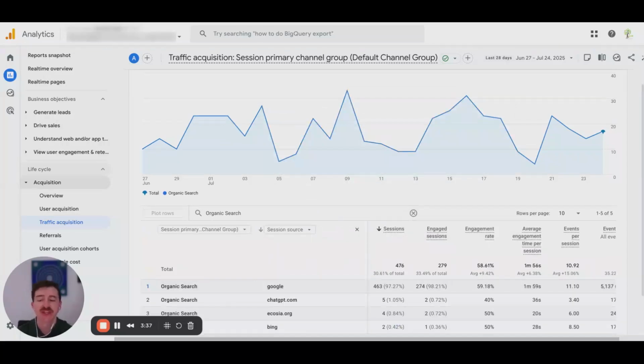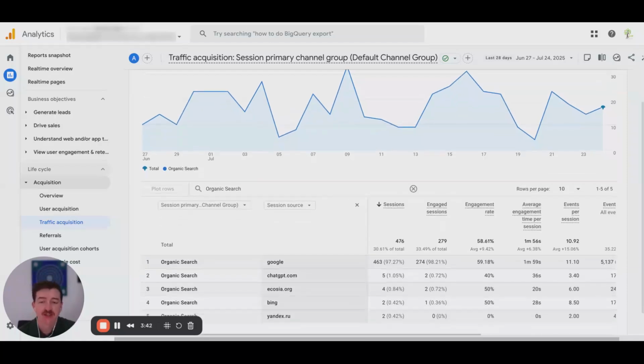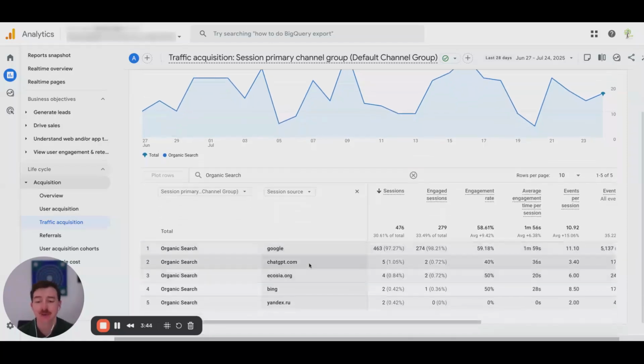So in here, you can see that Google is organic search, which is correct. ChatGPT is organic search. Ecosia, which is an environmentally friendly version of Google by a competitor, is search. Bing and Yandex, etc. When you look in here, if you find something that you would not group as organic search, then you can note that down and get your notepad out, or even your digital notes, and just make a note of, for example, with